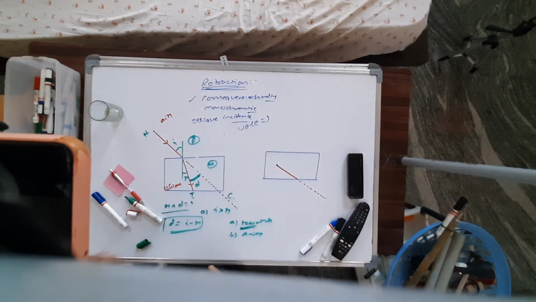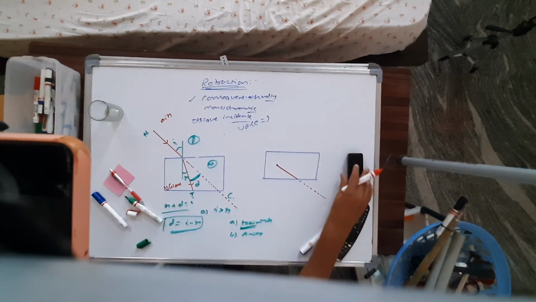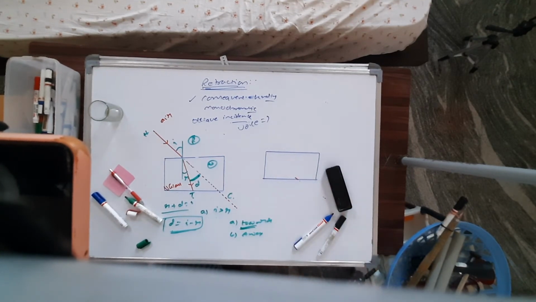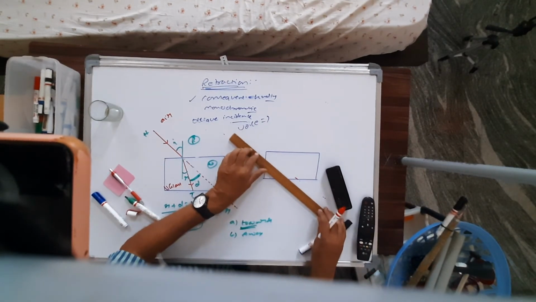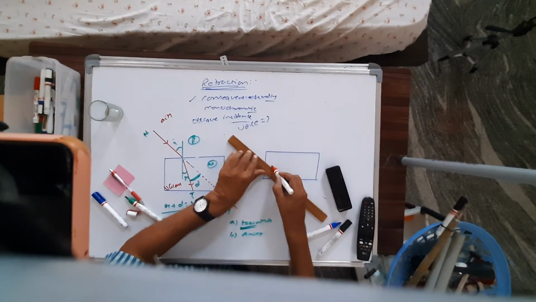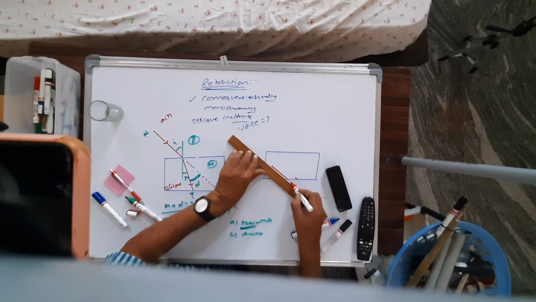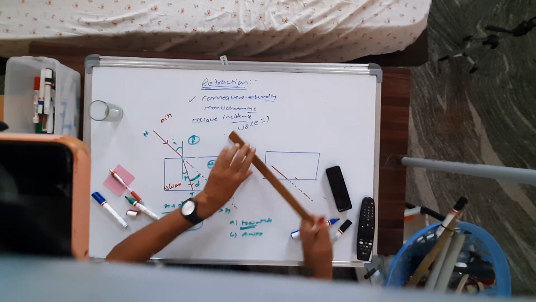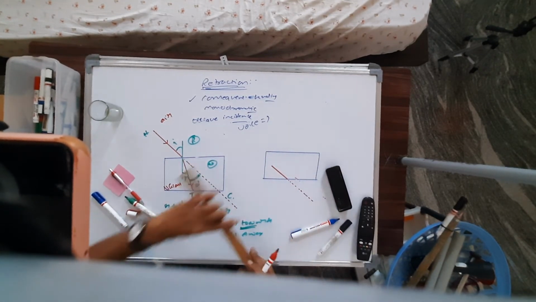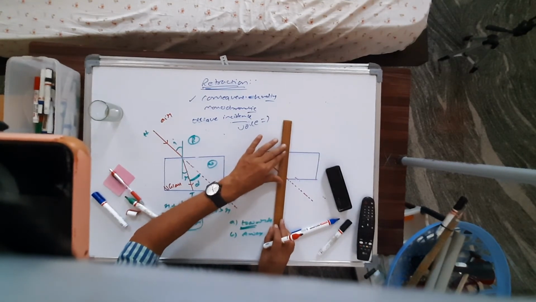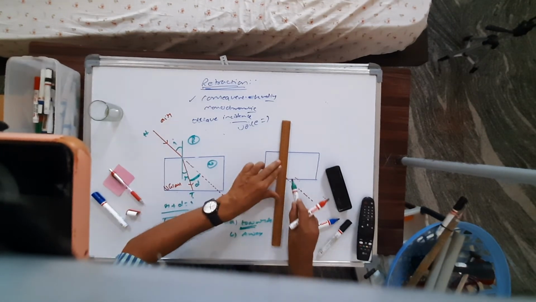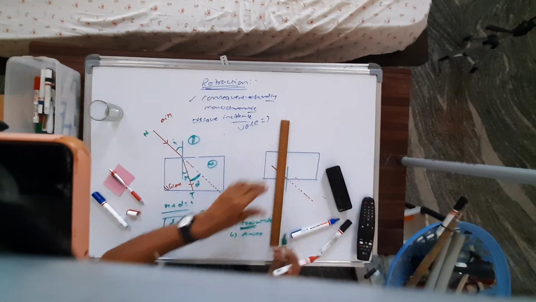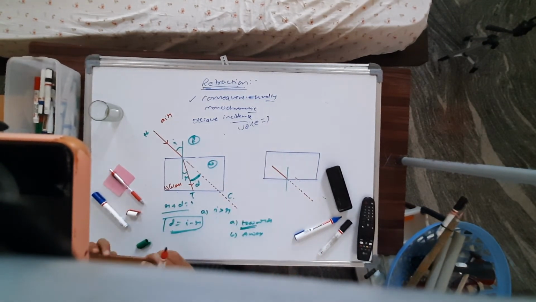Okay, so the next one is, here what happens, just observe. Let a ray of light travel from denser to rarer. Then what happens, this light ray at the normal, it is found that it bends. I am going to use different colors. You also please use colors, or keep using pen and pencil.